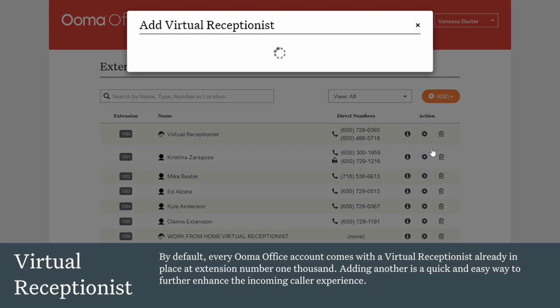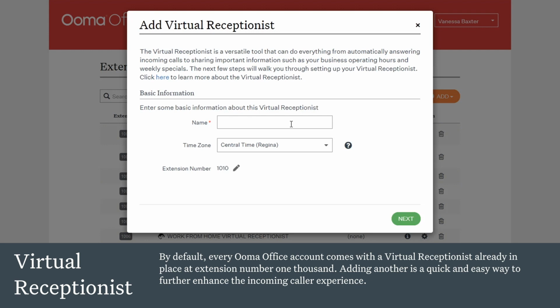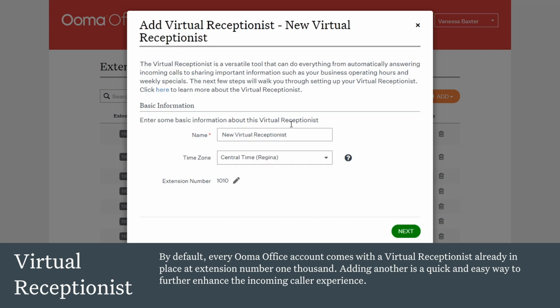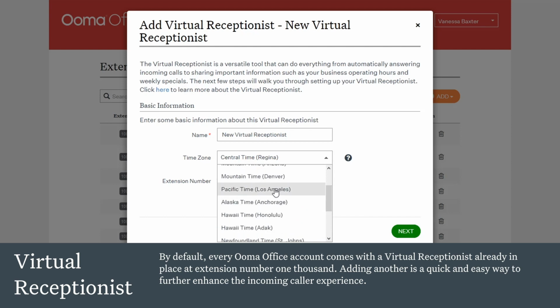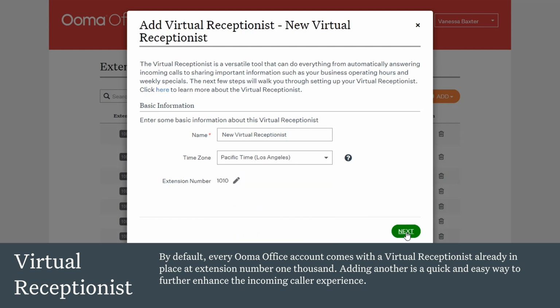The Virtual Receptionist is another powerful tool. By default, every Ooma Office account comes with a virtual receptionist already in place at extension number 1000. Adding another one as an accessible extension is a quick and easy way to further enhance the incoming caller experience. For example, offering a Spanish language version of the main virtual receptionist as an option to businesses that cater to